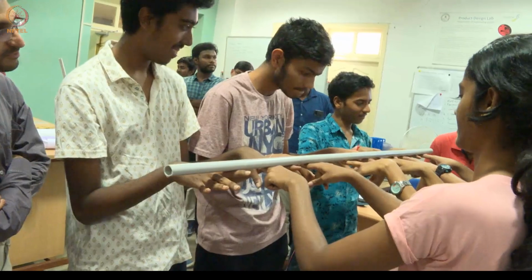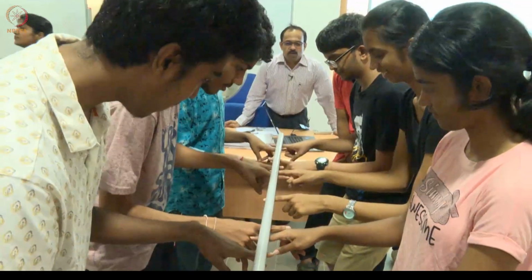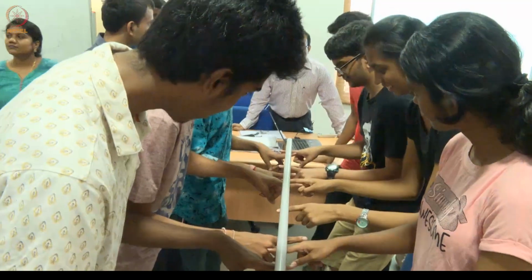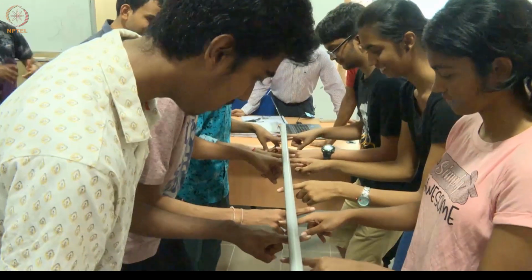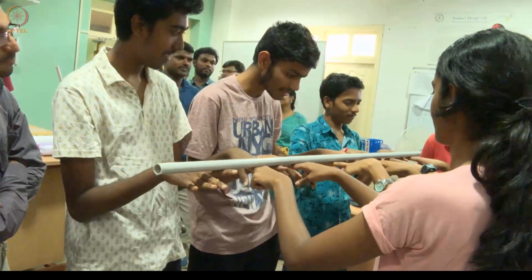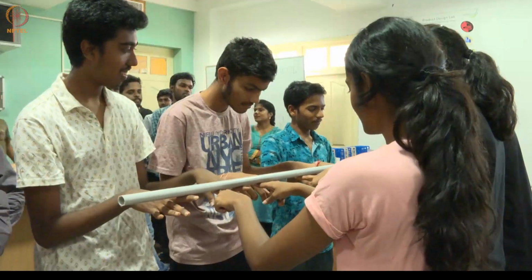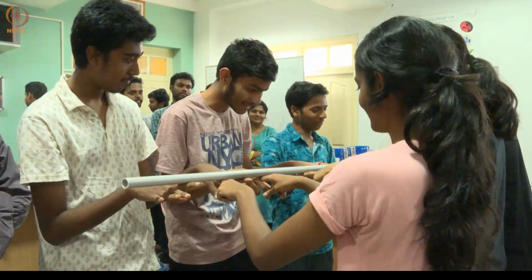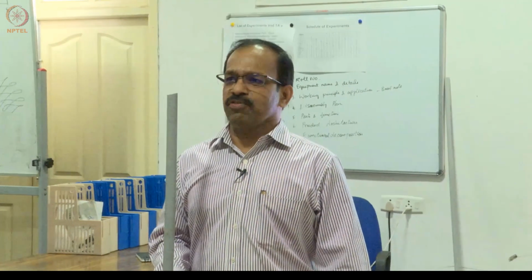If you lose contact, you have to start again. So it is now where the team role comes into the picture. How do you work as a team? Probably you can monitor each team and see what they are doing. So how was this exercise? Was it good? What did you learn from this?